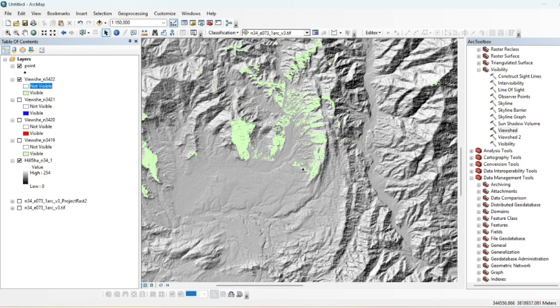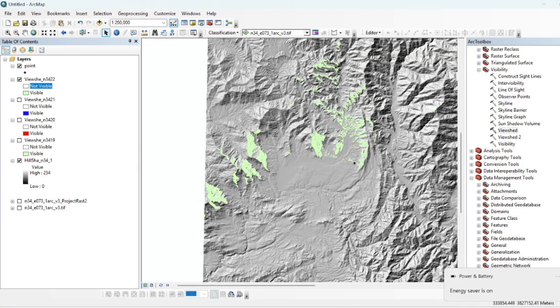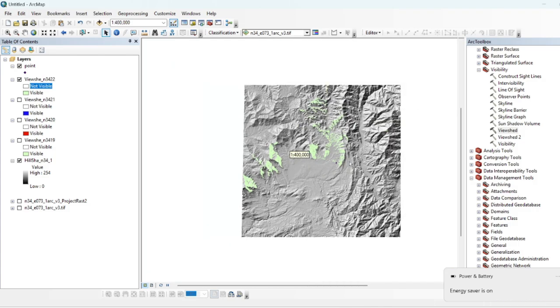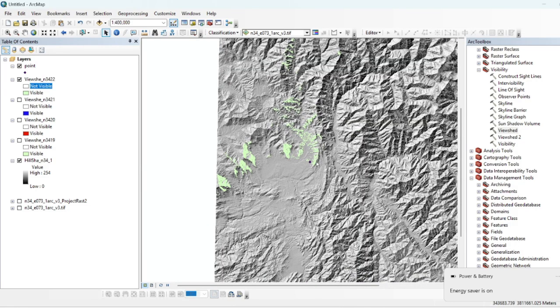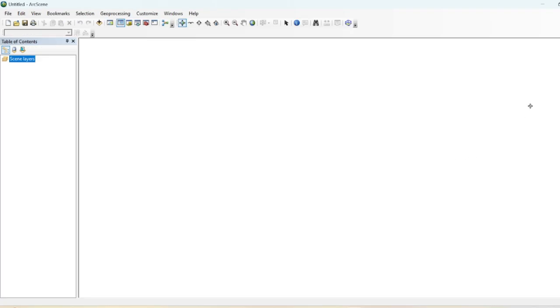Also he can see the peak of this mountain, and similarly the peaks of these mountains. So the viewshed tool is very helpful for this type of analysis, that how far you can watch from a certain point on a landscape.